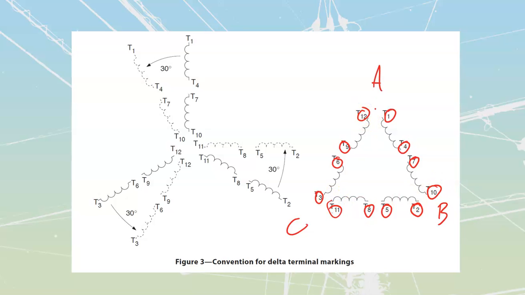And it's going to be my same set of numbering. I've just now transferred this thing down onto a delta type of connection. In some cases, we are going to have, instead of 12 lead motors, and we're starting with the 12 lead motors because it's got our most variety of connections that we can make. 12 lead motors are going to give us just a ton of different connections that we can make,